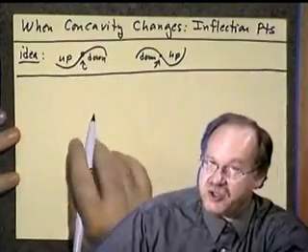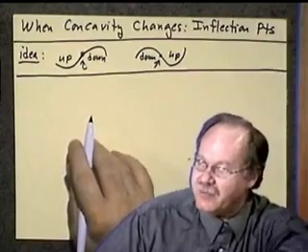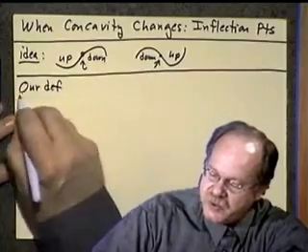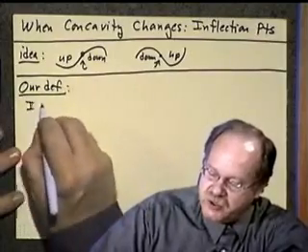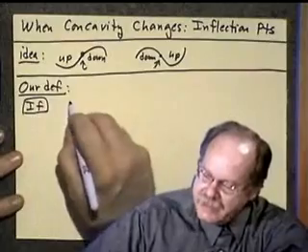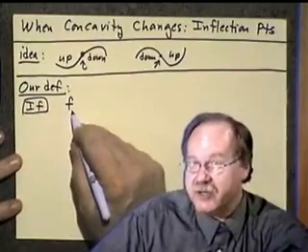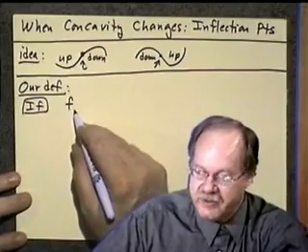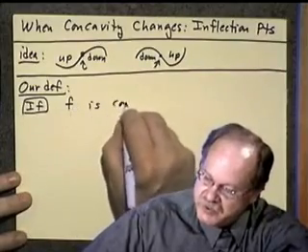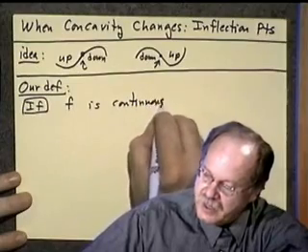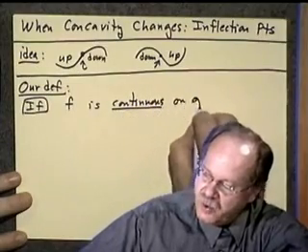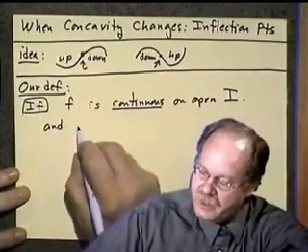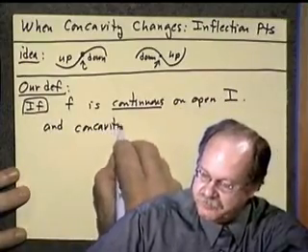Now we have enough information to do that, but we have to be a little careful about setting it up. So here is the definition we will use in this course for inflection points. If, and we'll limit our argument here to continuous functions, which, as I say, are the ones that you most often see in calculus, if f is continuous, so continuity is important here, on an open interval I, and concavity changes,